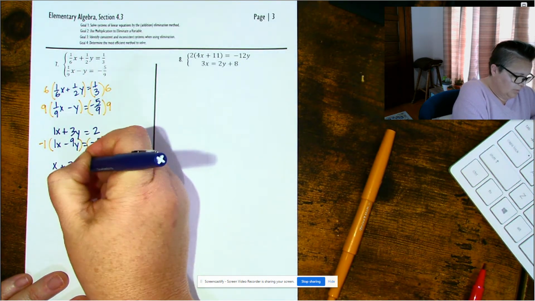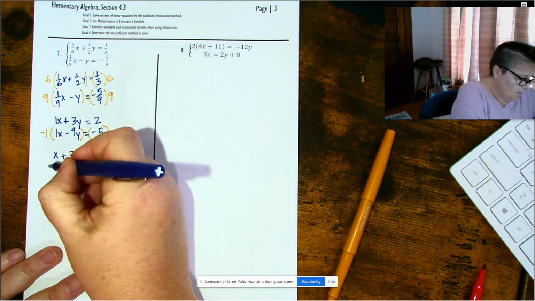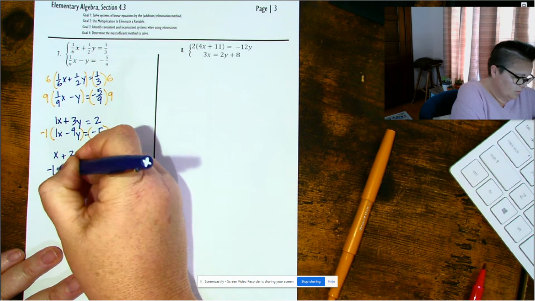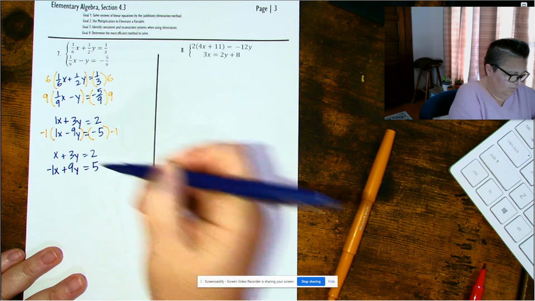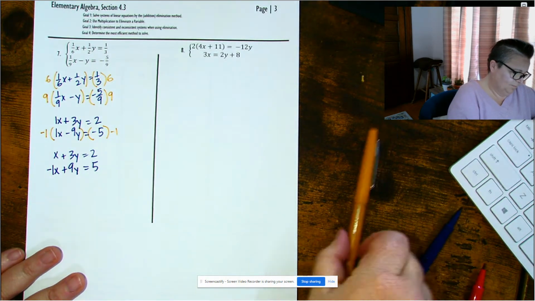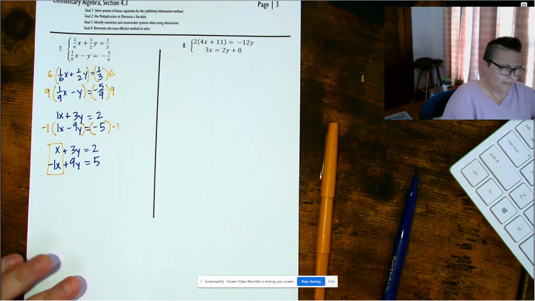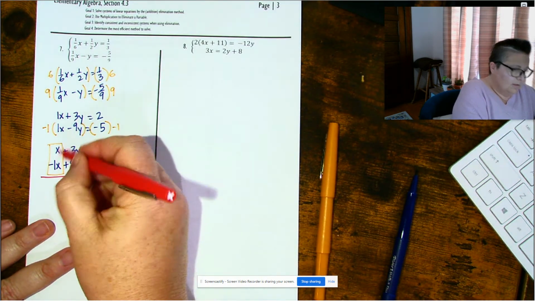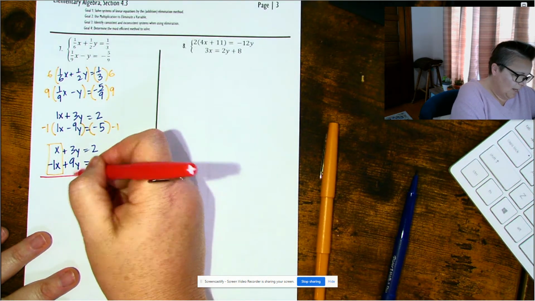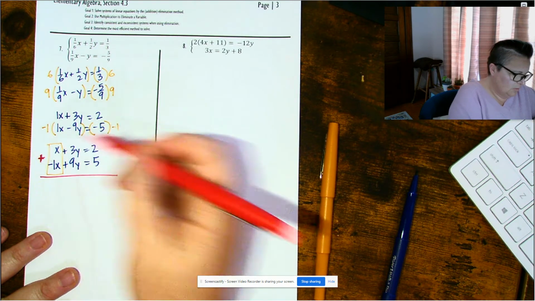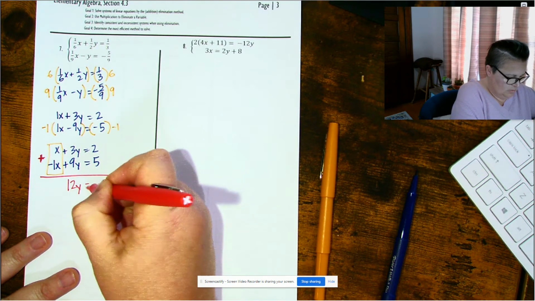So now I've got x plus 3y is equal to 2. That equation has not changed from the beginning. Minus 1x plus 9y is equal to 5. Beautiful. Gorgeous. Same variable, same coefficient, opposite signs. So when I add these two equations together, because equality gives me equality,